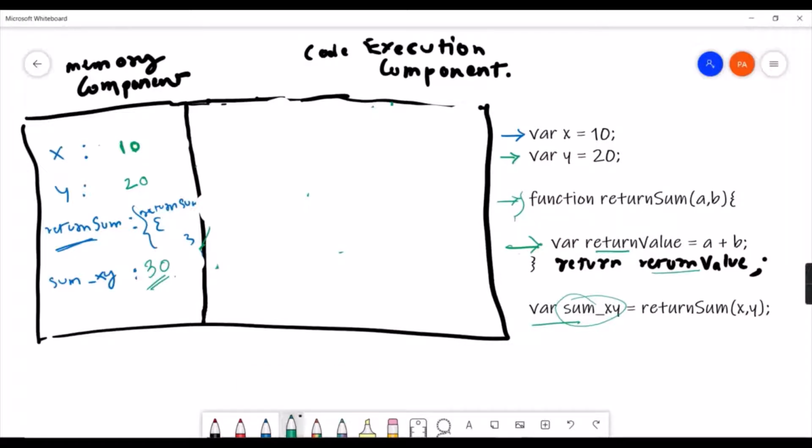Next, what will happen? The JavaScript engine will check, okay, so this line is there, it has assigned value 30 to this variable. Now it will check there is no line to execute, so it will destroy this execution context as well. Okay, so this global execution context will also be destroyed.